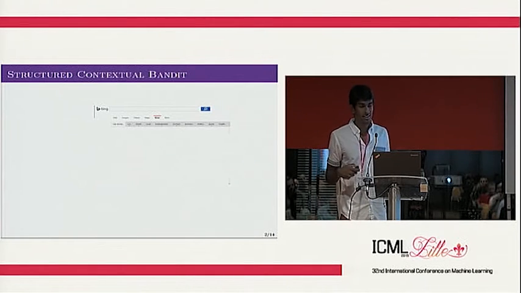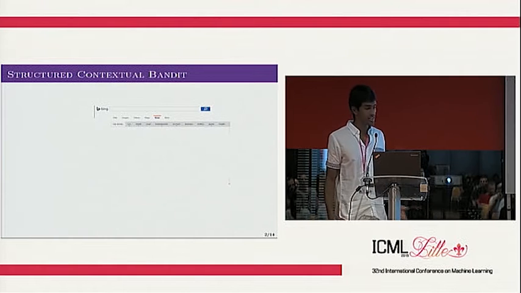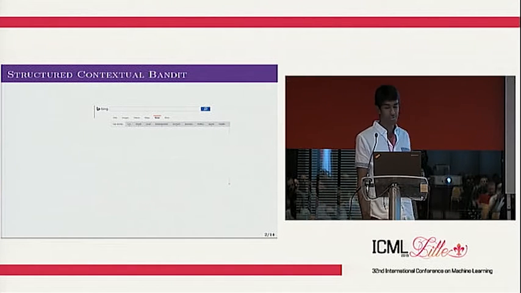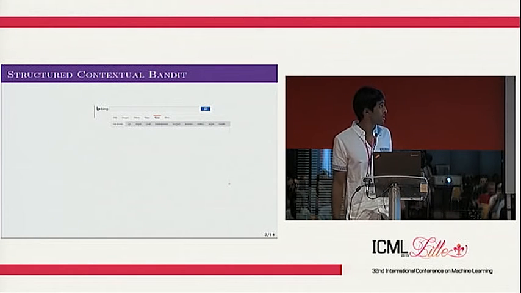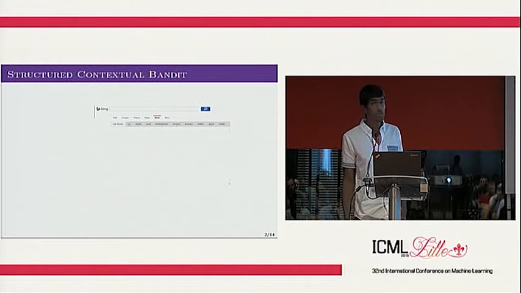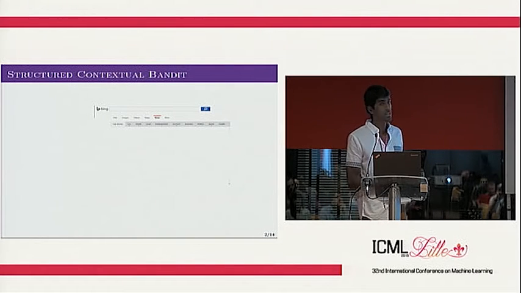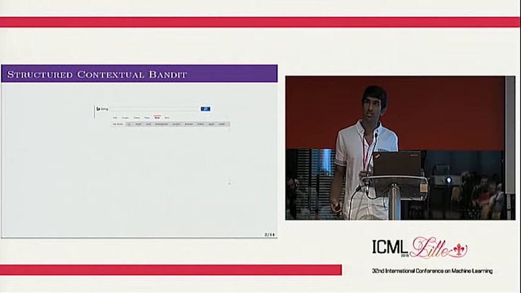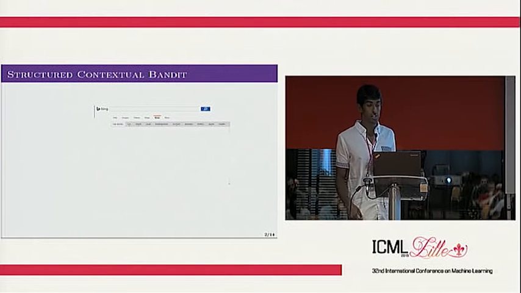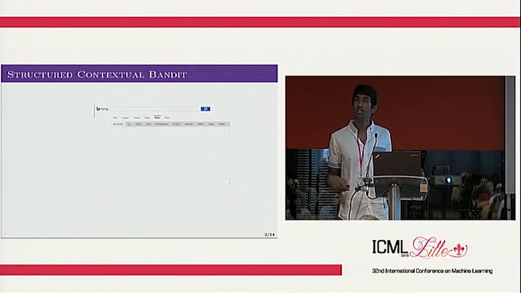Okay, so the goal of this talk is to solve this challenging problem, or to provide a reasonable solution to it. And I'm going to call this problem the structured contextual bandit. And I'll explain the problem through an example. This is the web page layout task. So the goal is a user comes to your website, you see their browsing history and maybe their search query, and you have to show them a web page, and you get to make tons of decisions about what the